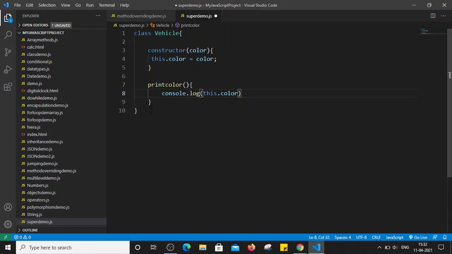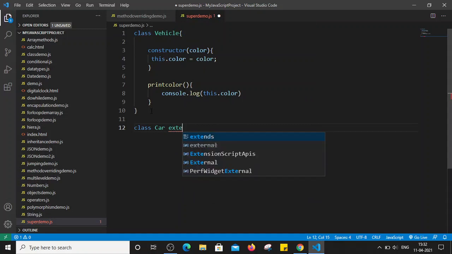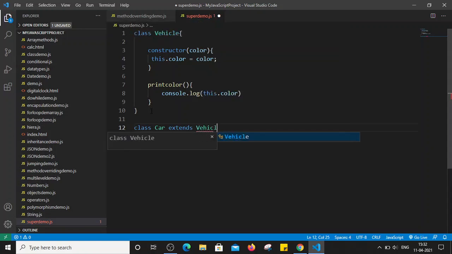Right, now I'm going to create, let's say, one more class. For example, class Car, and this class Car is going to extend the Vehicle class. So the Car class is a child class of the Vehicle class.